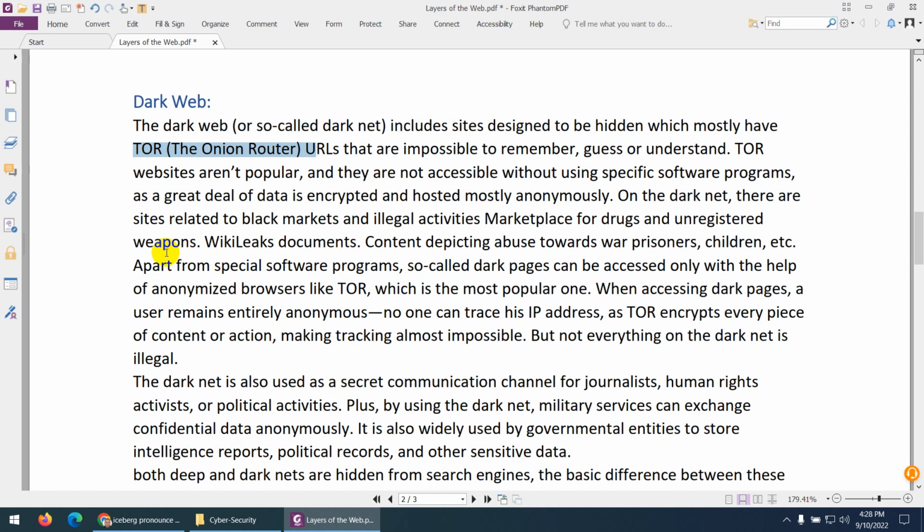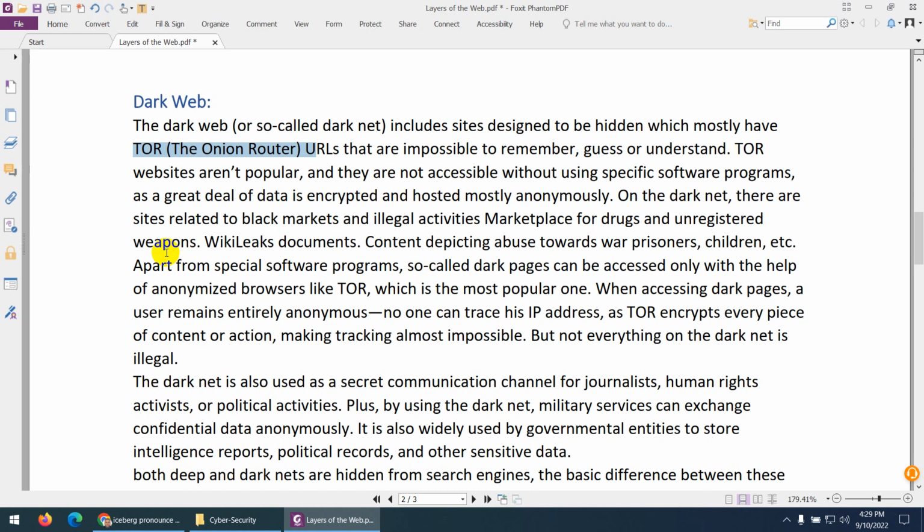Also, these URLs are impossible to remember, guess, and understand. I hope in the next video I will show you the dark web, which is totally illegal. Anyhow, in some countries, especially the country where I am, it's very illegal to access those resources. You can install this Tor web browser in your Kali Linux and access some of these websites. It means it requires special access and special software and programs. Basically in the dark web, when you are accessing these things, it will be anonymous, meaning hidden. Nobody can see your details. It will be encrypted.